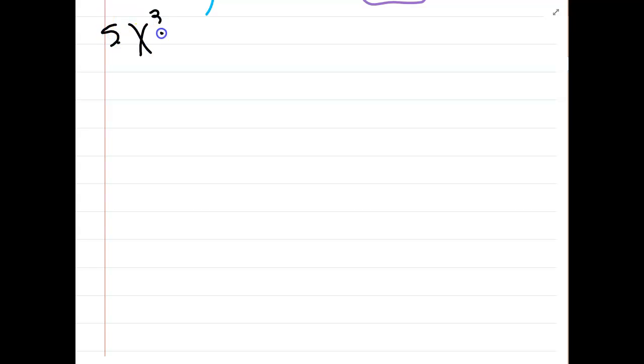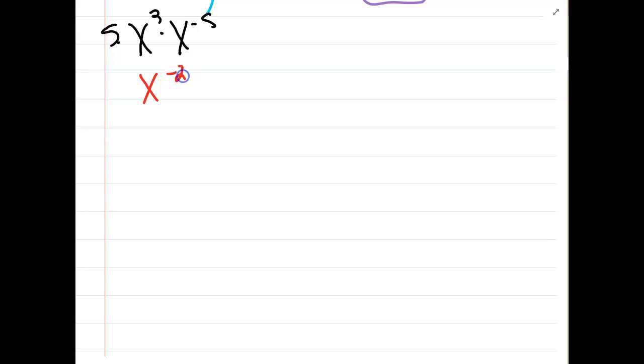Okay, let's take almost that same problem. Let's do x cubed times x to the negative fifth. Same thing. I'm multiplying powers that have the same base. So you're going to add their exponents. And it's going to be x to the 3 plus negative 5,